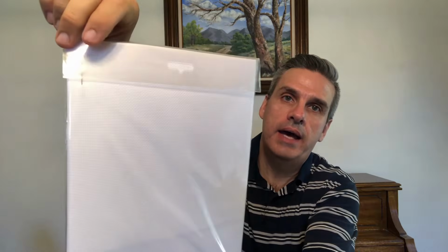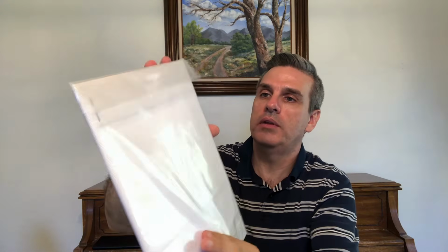I can see that it has a needle. This is 16 count Aida, I believe. I can't see the floss, but I know there's floss in here. So I haven't opened this up yet. I wanted to show it to you